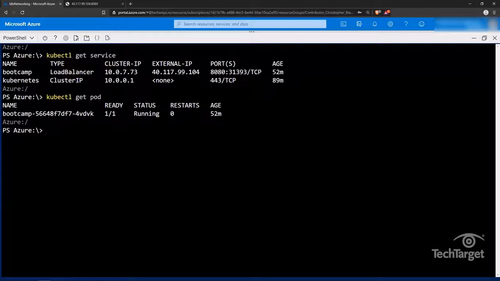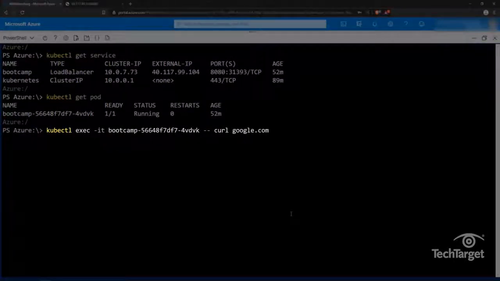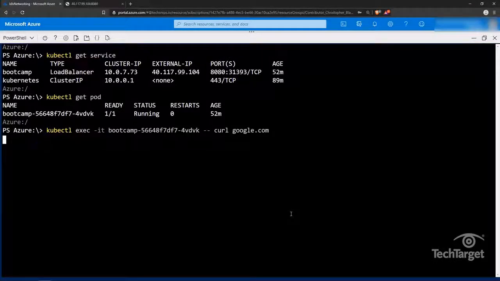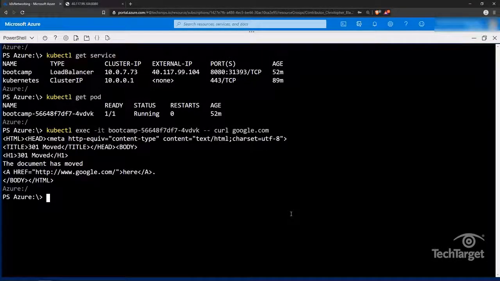So first things first, I'm going to run this command, kubectl exec -it, for inside interactive terminal, inside of the pod, which is the bootcamp pod in this case. Everything after those double dashes is going to be an argument getting passed to that interactive terminal. In this case, I'm running curl on google.com. And that will show you that inside of the service can reach out to the internet,